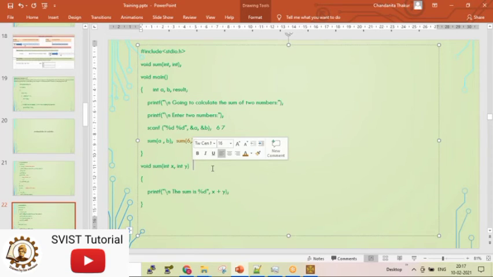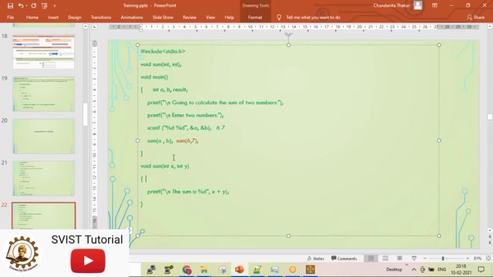Now what is happening here? There is memory getting allocated for X, 2 bytes or 4 bytes. There is memory getting allocated for Y. So 2 memories are getting allocated, and parallelly this 6 will be copied to X and 7 will be copied to Y. So initialization of the variables X and Y and copying of values are happening simultaneously, one by one.